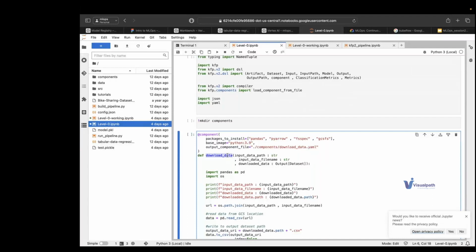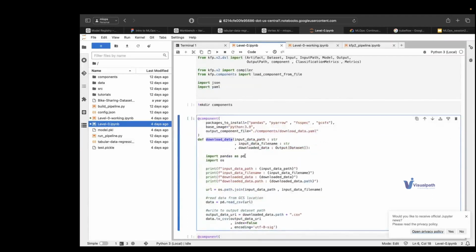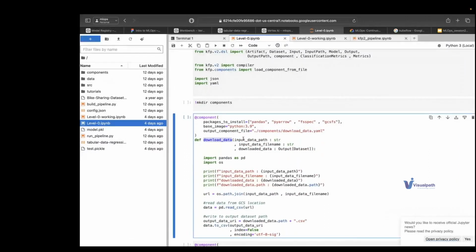So it's very simple code. It's nothing complex. If you see here, the download data component has an input data, which is a string, and we have an input file name. Then we have the downloaded data output into a dataset, and these are all the packages that we are installing. There will be 4 packages, and the base image is like this.